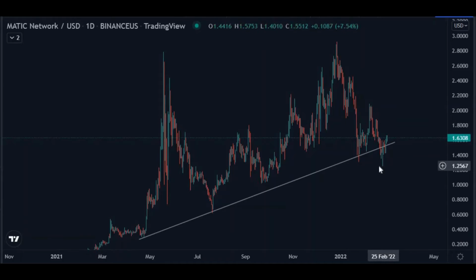Now we broke below the trend line here and then picked up a demand zone, a daily demand zone which is right here, and then we are reacting off from that demand zone. We are bouncing off from that demand zone, which is great. But I'm just going to look at this from the higher time frame as well as on a much smaller time frame. What I want to call attention to, if you